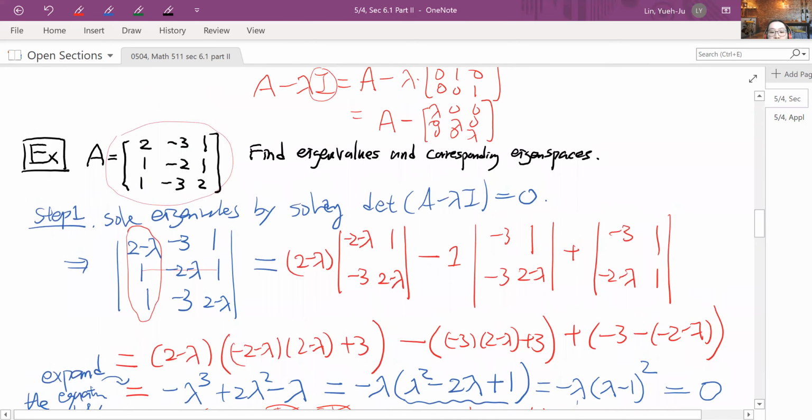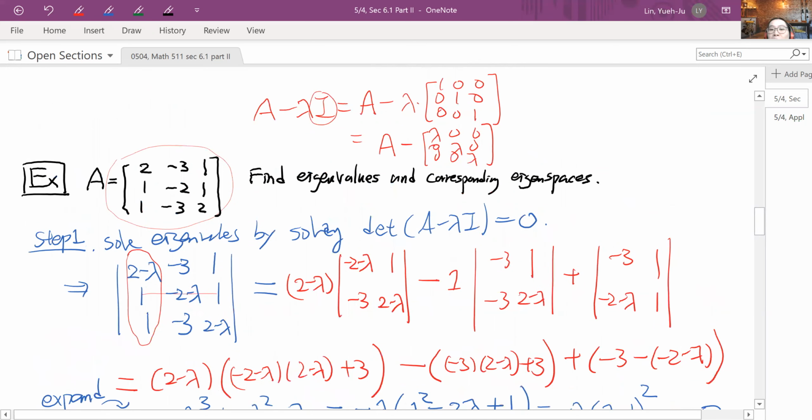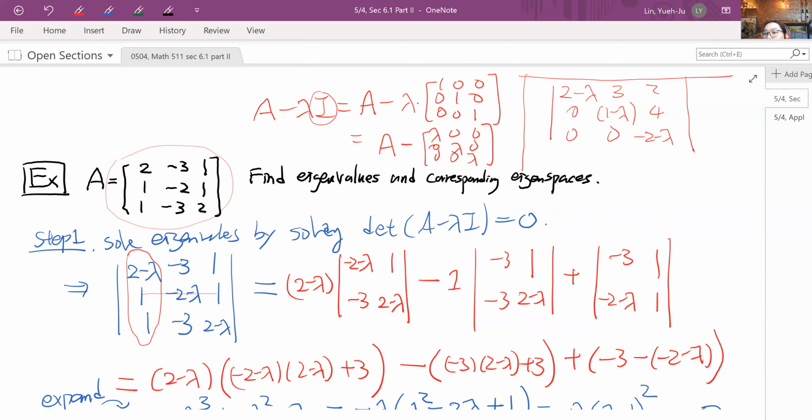For example, when you solve the determinant of A minus lambda, I'm going to write it down here. If A looks so nice that the determinant of A minus lambda turns out to be something like this, I'm just making up an extreme example, then you can see that this is really just a